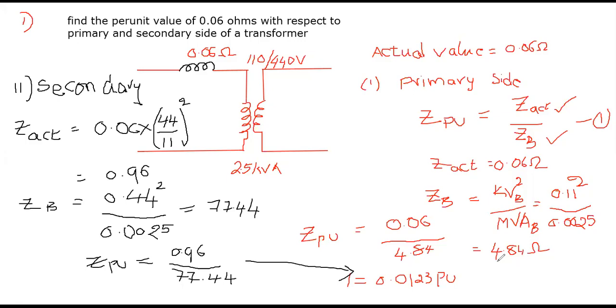Right? Please note down this problem somewhere else. I will give you 1 or 2 minutes. Later we will do another problem that is also very important. Most of the time you get that problem directly in your university question papers. That is the importance of this particular chapter, per unit representations in power system analysis. Definitely you may expect even 1 or 2 direct questions from this subject in your GATE exam. You just note down this problem. Later we will do another problem.